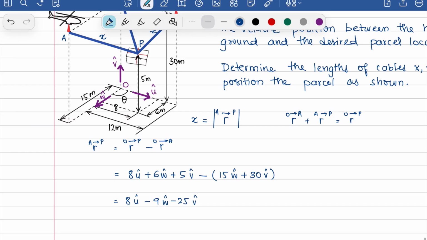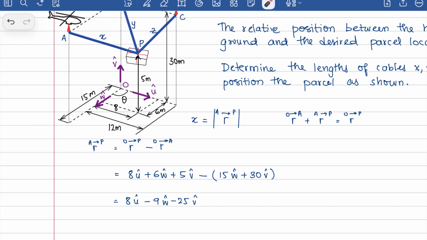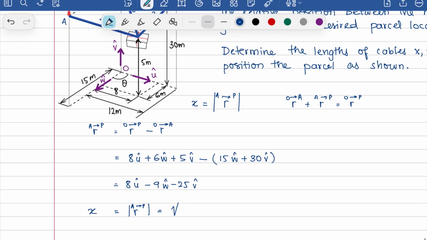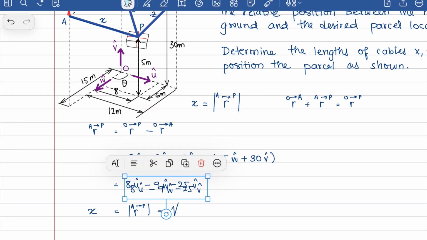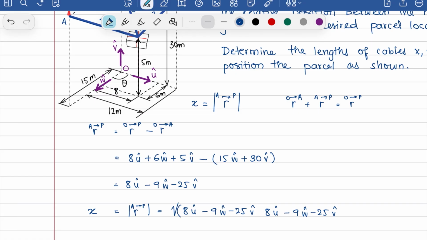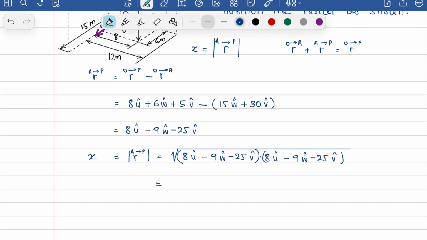So that is this vector. And if you can find the magnitude of this vector, then we have x. So x is the magnitude of the A to P vector, which is, as we know, the dot product of it with itself. So I'm just going to have this here, dot product with itself. Which will then give you,